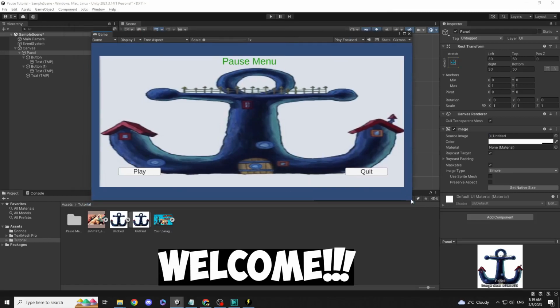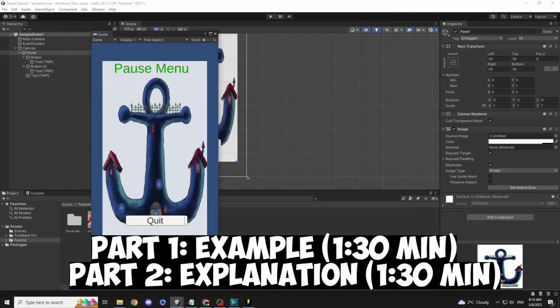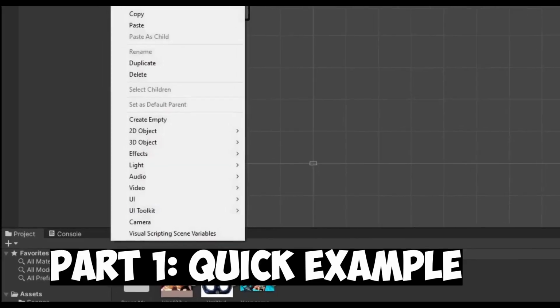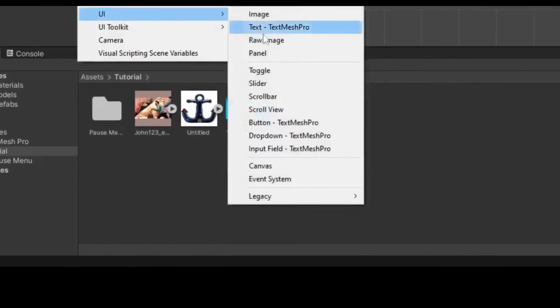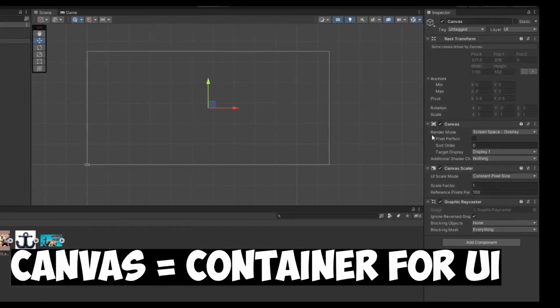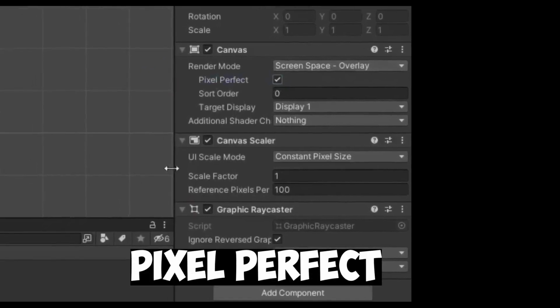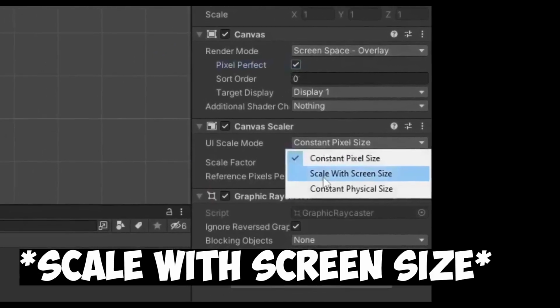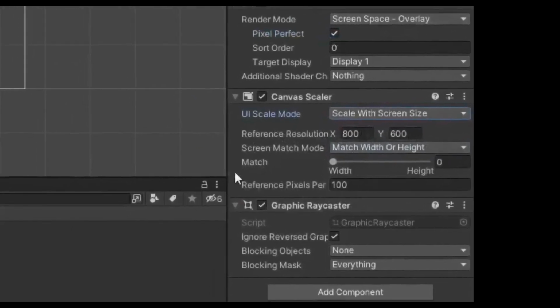Welcome to this tutorial on how to create a scalable 2D pause menu that works on different screen sizes with Unity. So we're going to start by creating a canvas by right-clicking inside the hierarchy, go to UI and create canvas. For the settings, we're going to leave this at render mode, screen space overlay, choose pixel perfect, change the UI scale mode to scale with screen size, leave the reference resolution to 800 by 600 and put the match